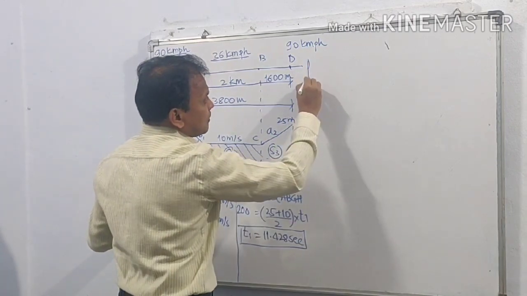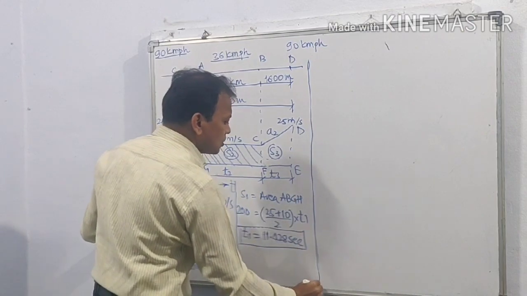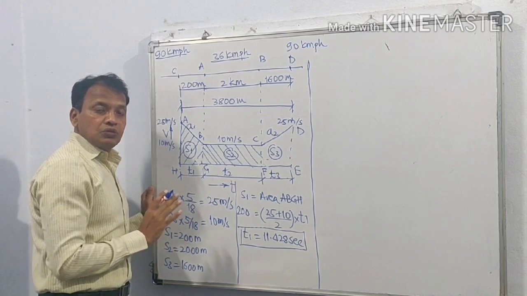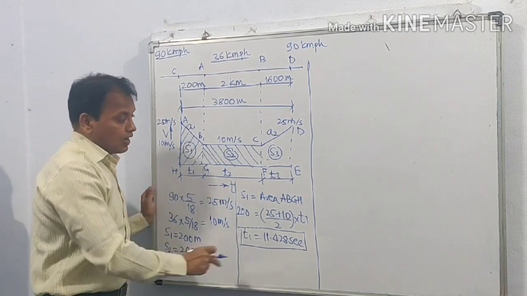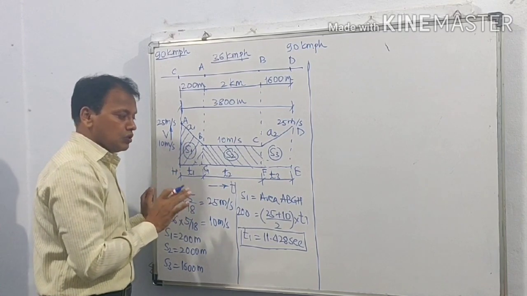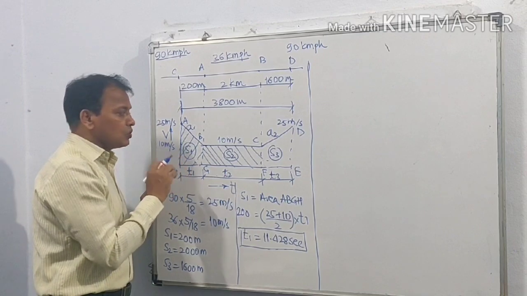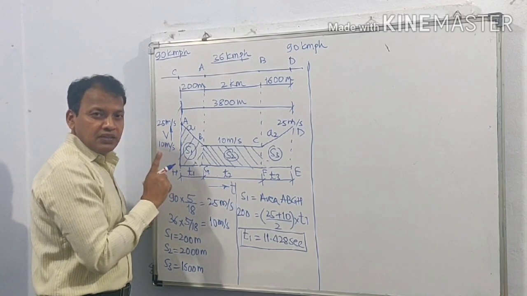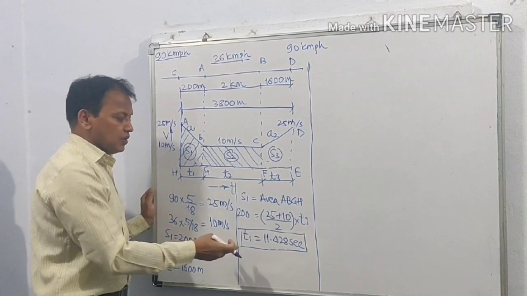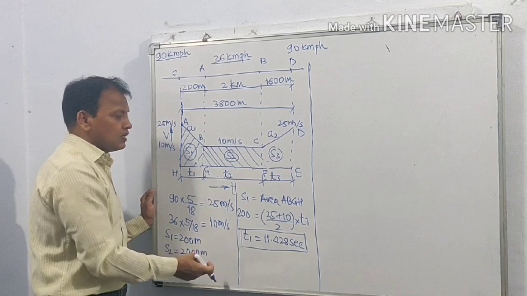Remember, when we are asked to solve example using velocity time diagram, we are not allowed to use equations of linear motion. So while solving this, we are not going to use equations of linear motion. Solve using VT diagram only. And for VT diagram, we have to remember slope of the line is equal to acceleration and area under graph is equal to distance traveled. So thus, using this area under graph, we have calculated T1.